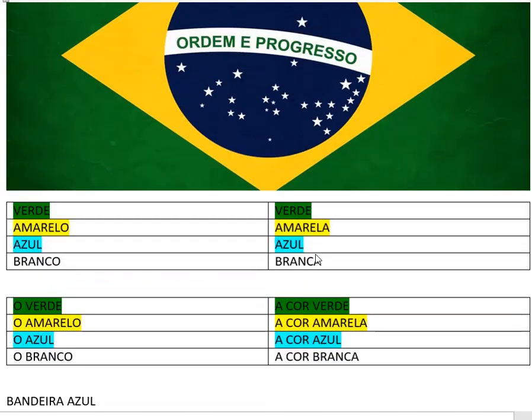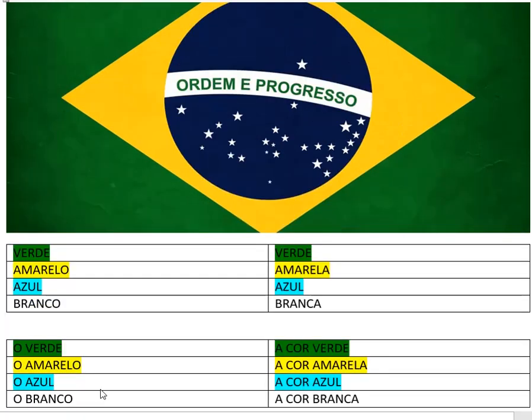Here we have bandeira. Okay, first I'm gonna practice the plural of these forms. Look, if I would change these sentences to the plural, I would just add an s in the end. So that's how our language works. We just have to put an s, and then you have the plural form, with just a few exceptions,